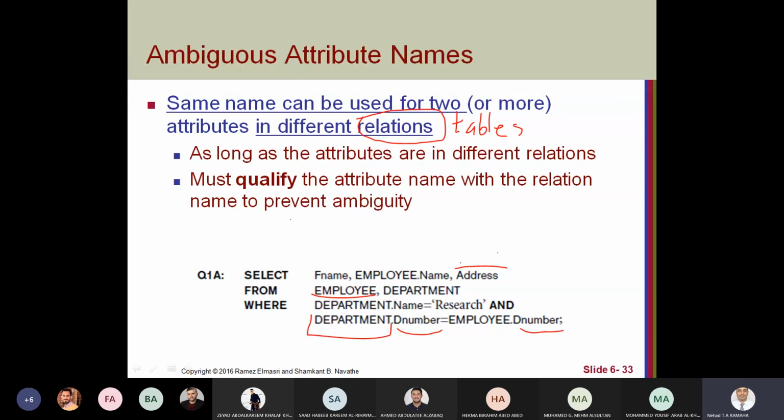We can ignore the table name, or we can use the table name. Everything will be correct here. If the DBMS understands that this name is not repeated, it will understand it comes from employee because it's not in department.